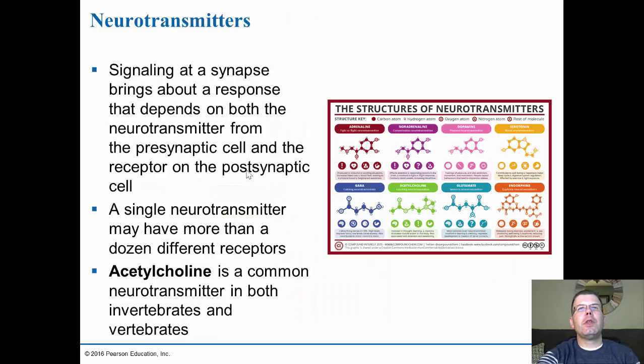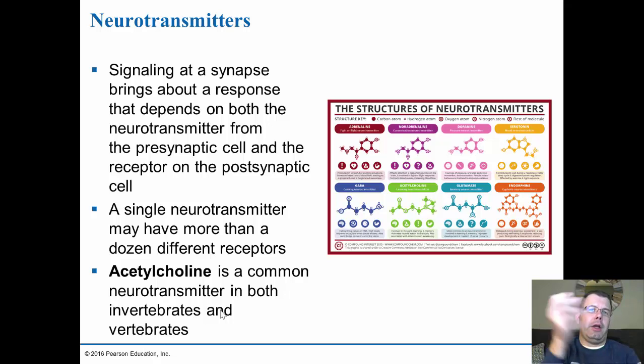Okay. Now, the last thing we're going to look at today is the types of neurotransmitters. And like I said, typically there's a number of different neurotransmitters from the presynaptic cell that bind to the receptor. And a single neurotransmitter may have more than a dozen different receptors on the cell itself. And again, we're not going to get into too much about the receptors on the cells. We talked about the metabotropic versus the gated channels, and there are a couple like this. Acetylcholine has two different types. They have a gated channel and they have the metabotropic